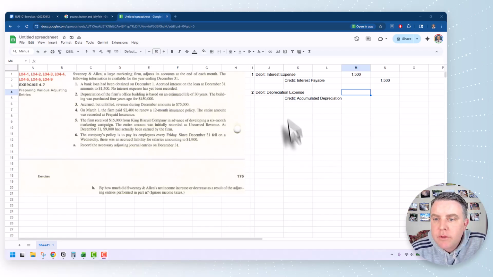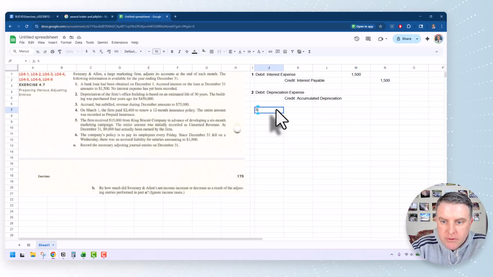So the amount that we have to record is the amount of depreciation for 1 month, because Sweeney and Allen adjust their accounts at the end of each month. So we need 1 month of depreciation expense. Well, how do we get 1 month of depreciation expense? Well, if you remember, the formula for straight line